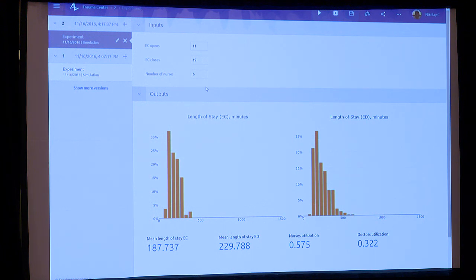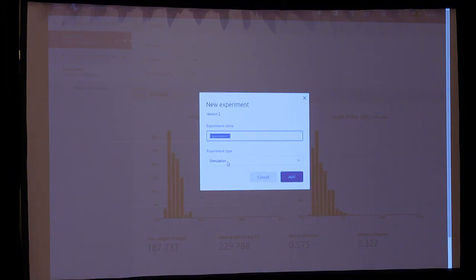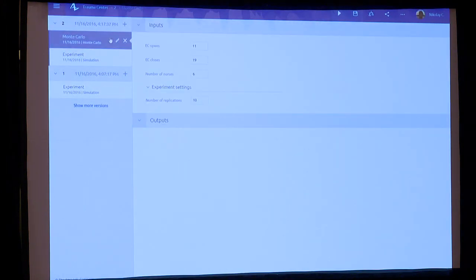Let's create a different type of experiment. Let's create a Monte Carlo simulation. This takes us closer to the stuff which becomes useful when we go to cloud, parallel distributed execution. By default, this Monte Carlo simulation experiment has a 10 replications number. So I run it, and it